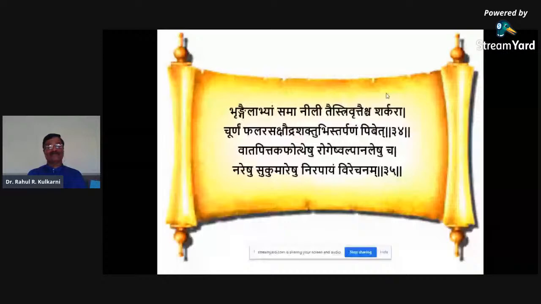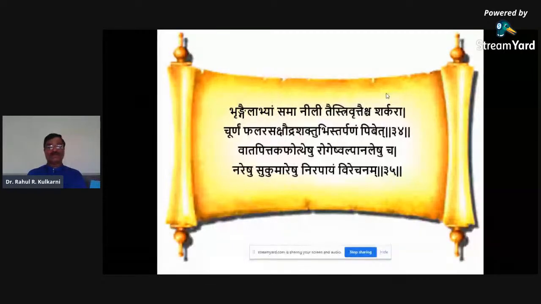That is, the phalarasas, amla phalarasas, shaudra, that is madhu, if given, acts as a tarpana and also acts as a virechana. Where it is used is kapha pitta kaphotheshu rogeshu alpa analeshu. See, why it is said as amla phalarasa, it is vata pitta kaphotheshu, meaning tridoshaja is there. Rogeshu alpa analeshu, where agni has become manda, in that condition you have to give virechana. So this tarpana prayoga has to be done.